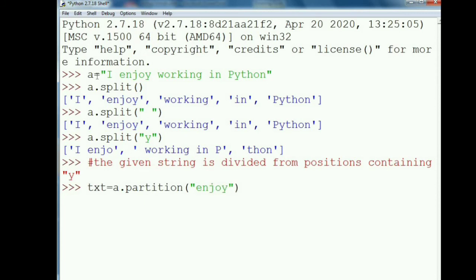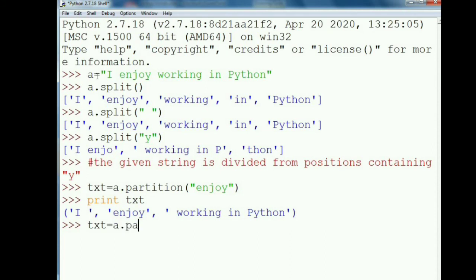Now we will see the partition method. The separator is enjoy. The part before enjoy is I and after enjoy is 'working in Python'. The 3 elements of the tuple are 'I', 'enjoy', 'working in Python'. If we change the separator to 'in', then you can see that in 'working' also 'in' is there.